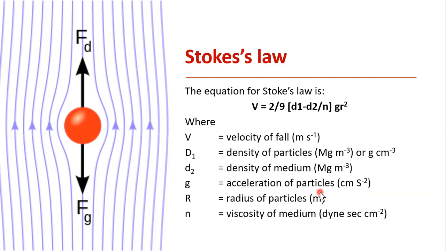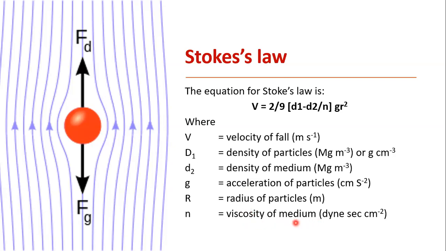Acceleration of particles, that is the force of gravity, that is constant, then the radius of particles. So that is basically the parameter which we use to determine the settling time, because that is dependent on the radius, and we have a different radius for different size soil particles. So that will differentiate the settling time of the particles, and then the viscosity